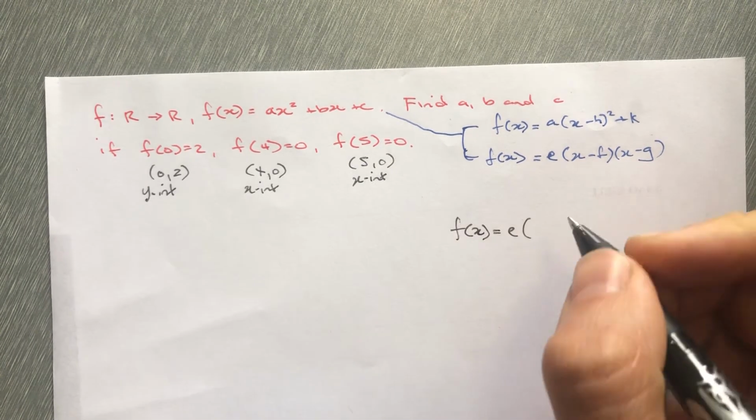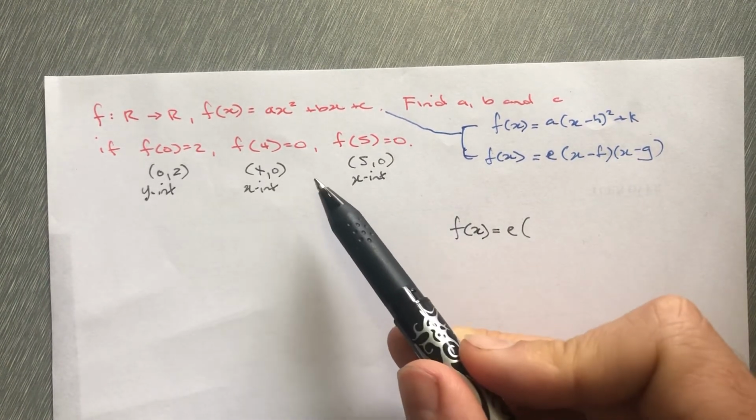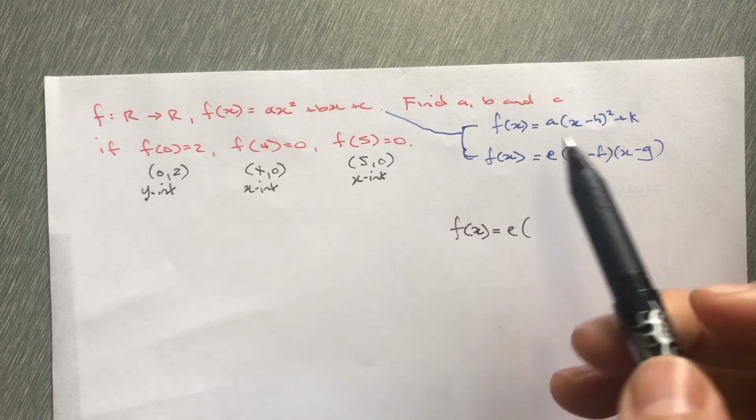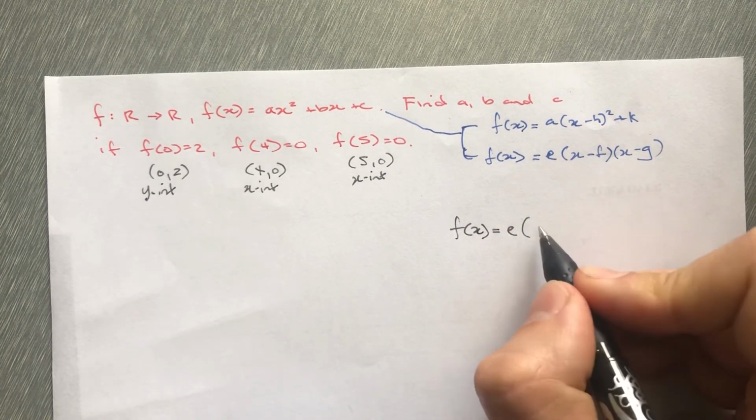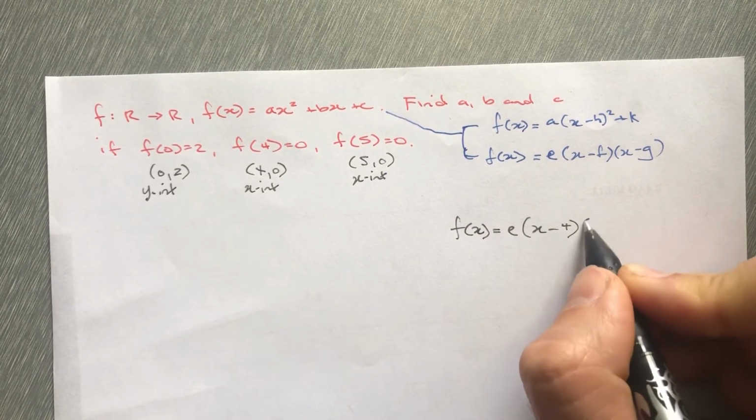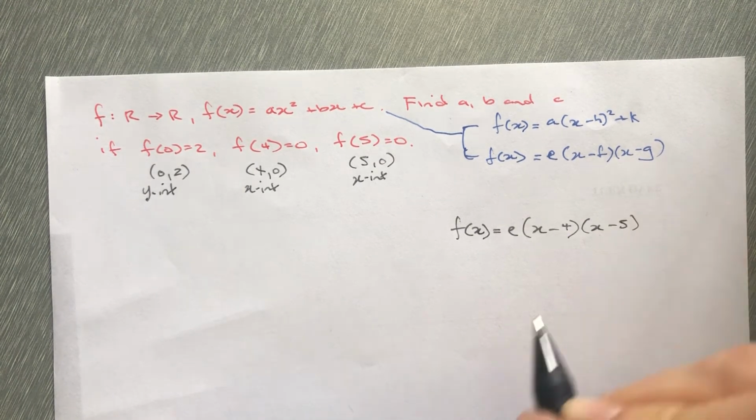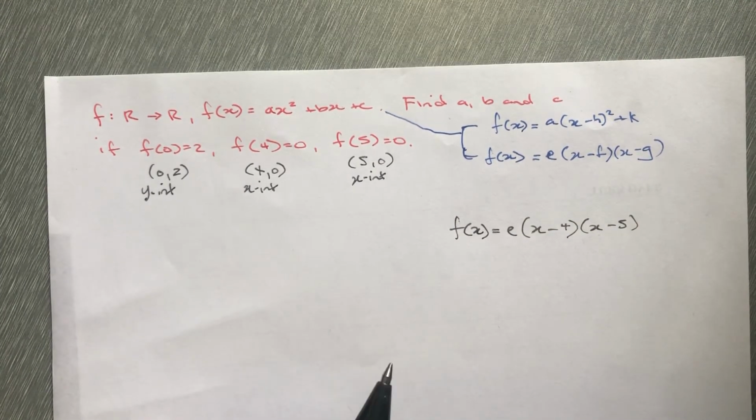So E is just going to stay the same. And remember, when you put them in, you need to change the sign over. So it's not going to be x plus 4, it's going to be x minus 4, and the other one's going to be x minus 5. Okay, so we've pretty much subbed a couple of points in already,